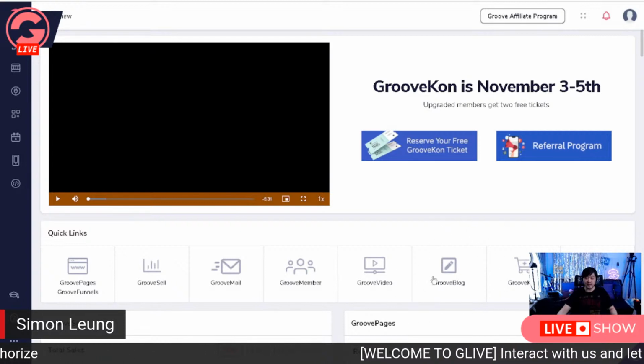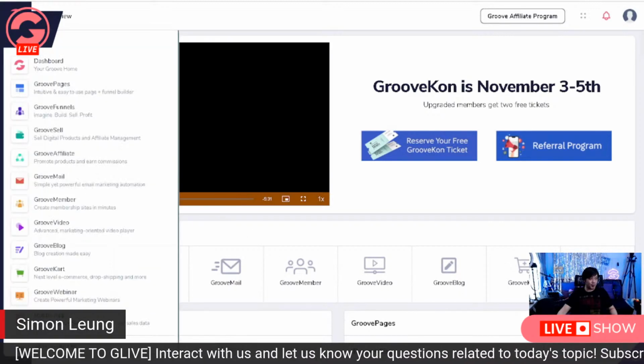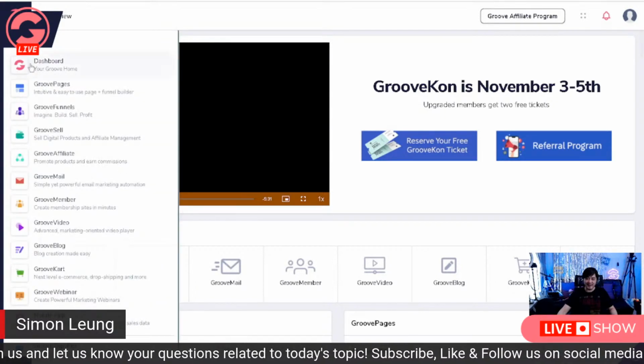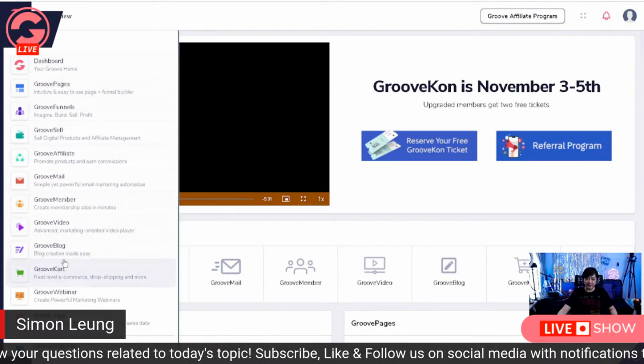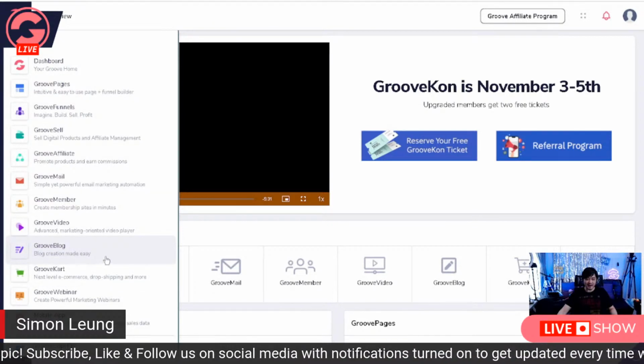This is obviously one of several different ways that you can access GrooveBlog or any other apps. If you go to the top left corner on the G, once you hover over that, you'll see a whole bunch of different apps all down here as well. The one that we're looking for, once again, is the one called GrooveBlog. Once you are at GrooveBlog,